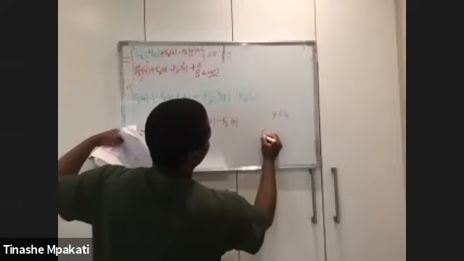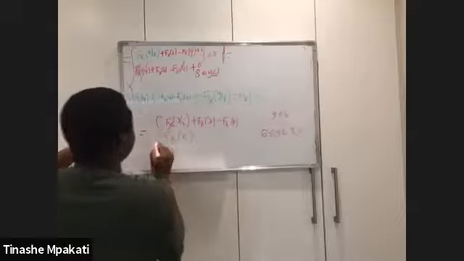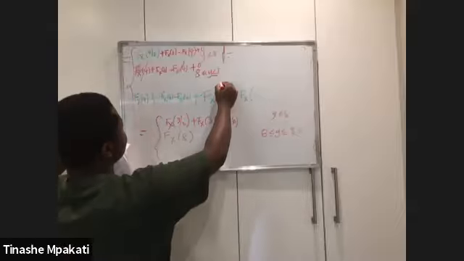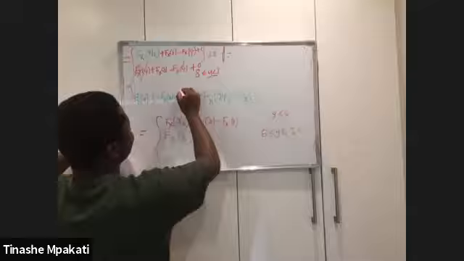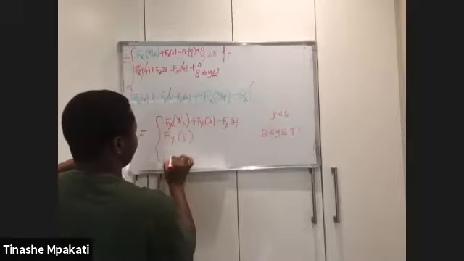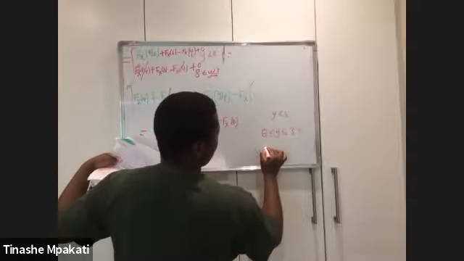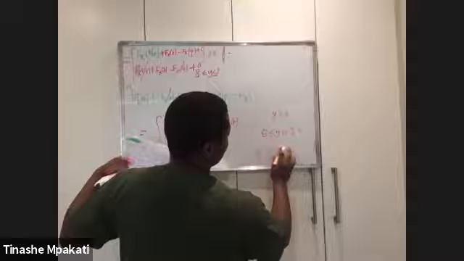This is when your y is between 8 and 32. Then this one will cancel with this here. Then the fx at 8 will cancel with that one. So all you'll be left with is fx at y over 4. But this is when your y is greater than 32, right?